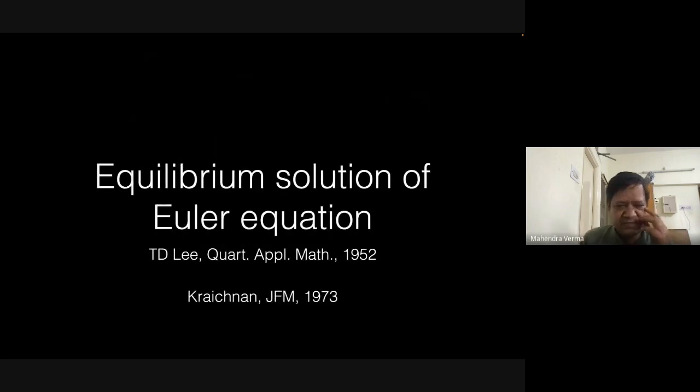So there are very famous and very competent physicists who have worked on this equation, the Euler equation. T.D. Lee, who is a Nobel laureate, and Robert Kraichnan, they gave an equilibrium solution of the Euler equation. Okay, so there is a solution. Of course, we say that things do not change with time. Now the derivation is okay. I'm just going to give a very simple derivation. Their derivation is a bit more complex and more general, but I just want to give you a glimpse of